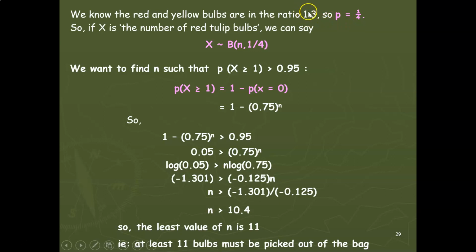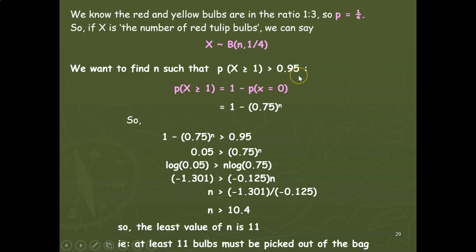So red bulb, we know 1 is for red and 3 is for yellow. So 1 over 4. This is why we get 1 over 4 over here. If x is the number of red tulip bulbs, X follows the binomial distribution with n unknown. We still don't know the n, but p we already found out, which is equal to 1 over 4. So we want to find n such that probability x greater than or equal to 1,